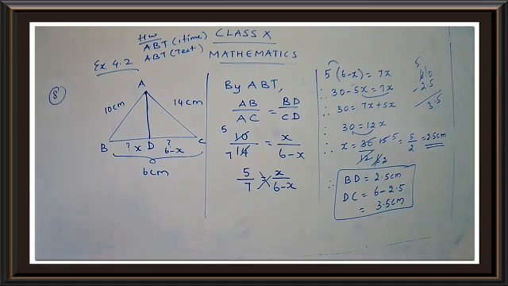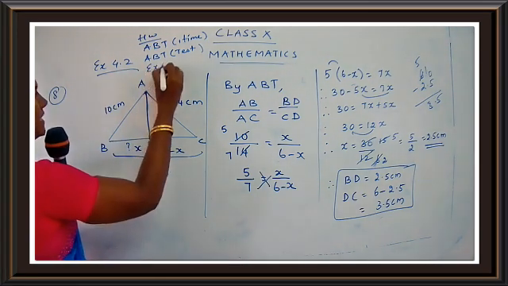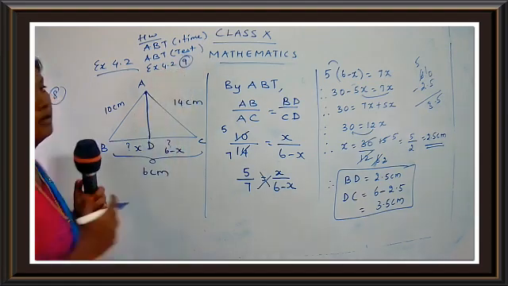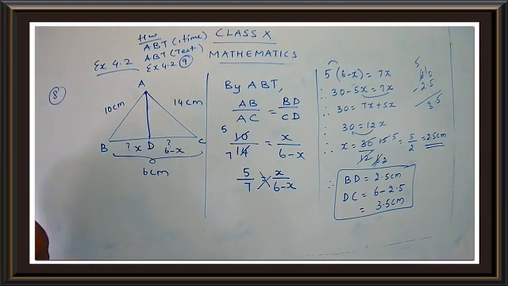So we have one more thing. You have to complete sum number 9 as homework. Okay. From exercise 4.2, sum number 9 will be your homework. In sum number 9, you have 2 subparts. Just see here children. They have given you to check. Check whether AD is the bisector of angle A of triangle ABC in each of the following. So they are asking you, instead of giving it as an internal bisector, the question is, check whether AD is the bisector of A, and they have given you all the values.